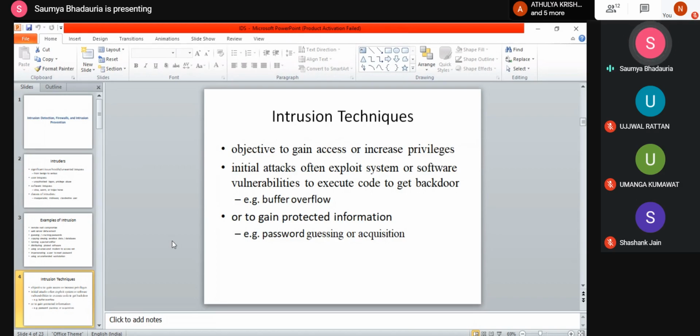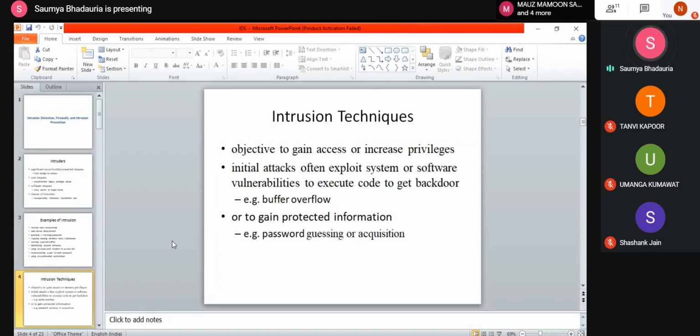Okay, so any initial attack, if it has been present onto the system, or any vulnerability which is present onto your system, can be used to launch the attack. Okay, so obviously we had considered one of the cases where we had found that there was a buffer overflow attack which had identified the vulnerability of gets function. Okay, now these vulnerabilities can be used anyhow into your system, and there can be intruders present, and intruders can launch those attacks to gain access to the resources which are part of your system.